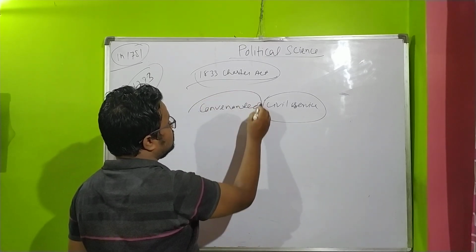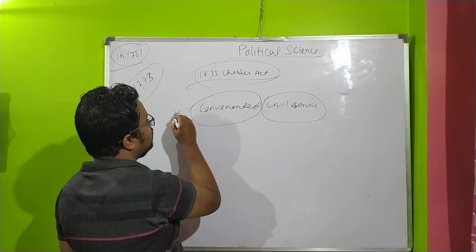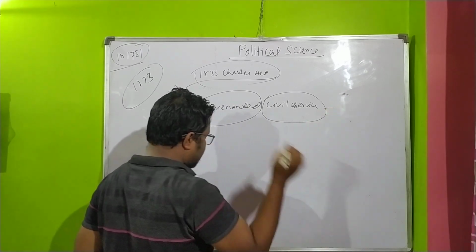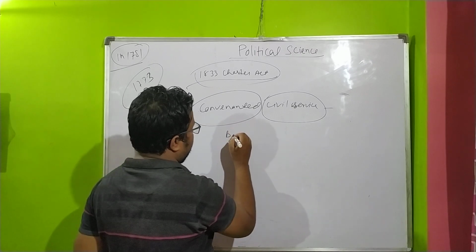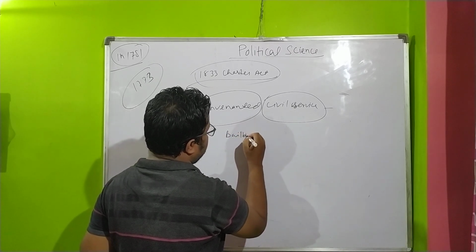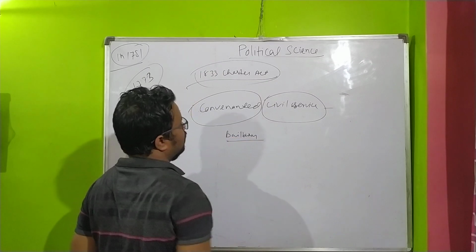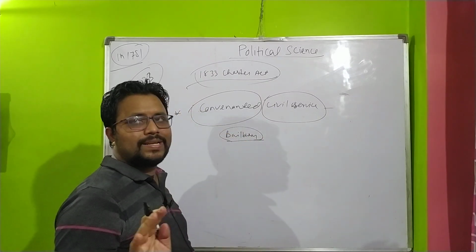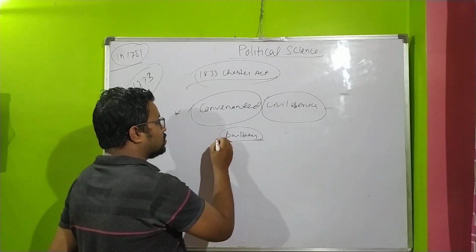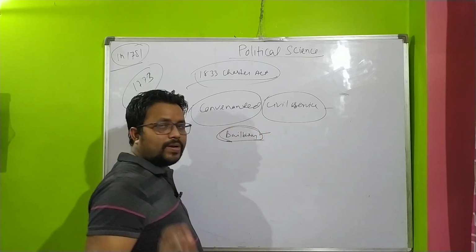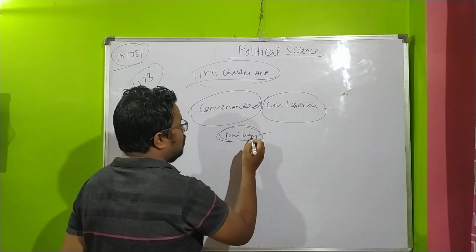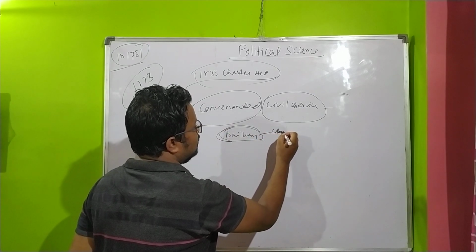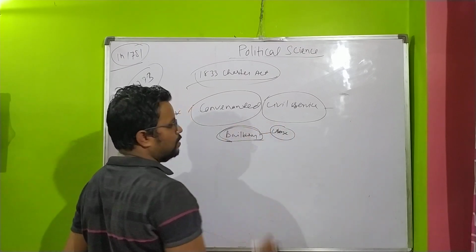The higher civil service is said to be the Covenanted civil service. And what happens in that era? There was a college called Haileybury. If somebody wanted to be a civil servant, he had to study at this college. After finishing his studies, he automatically became